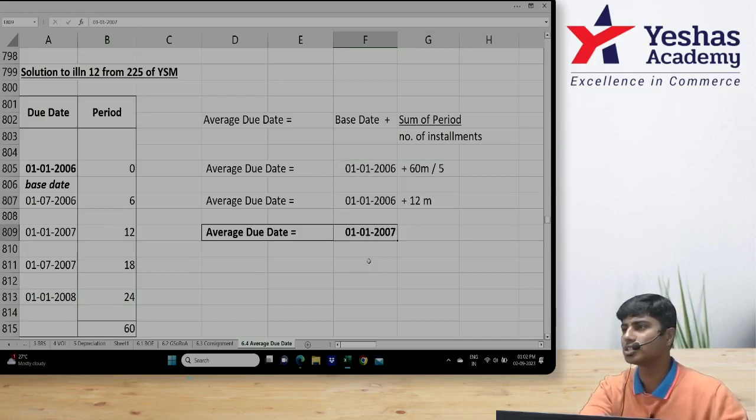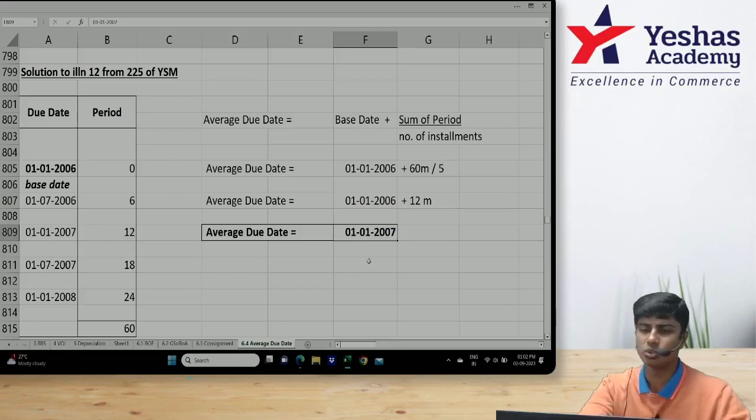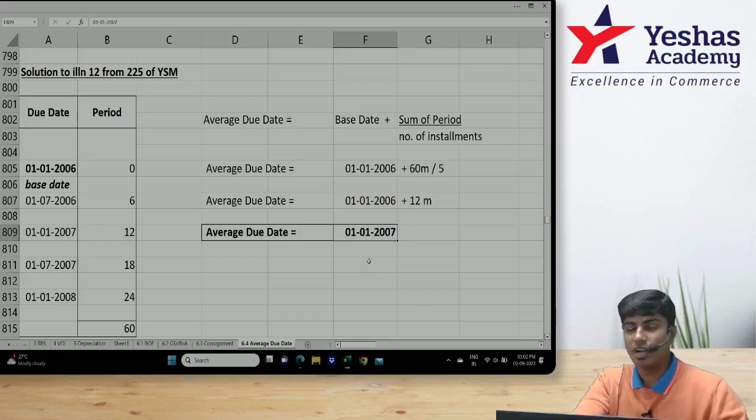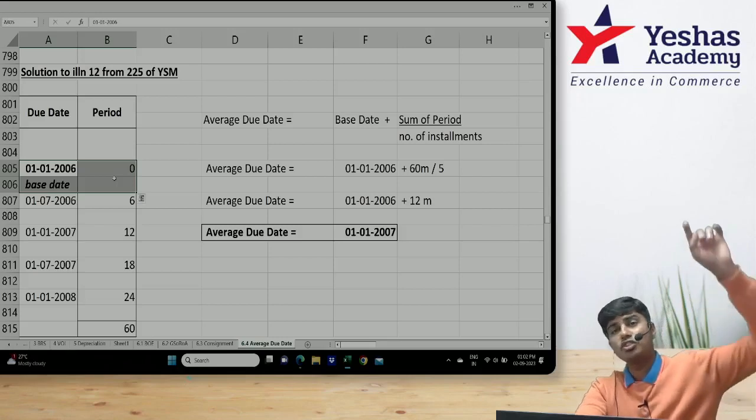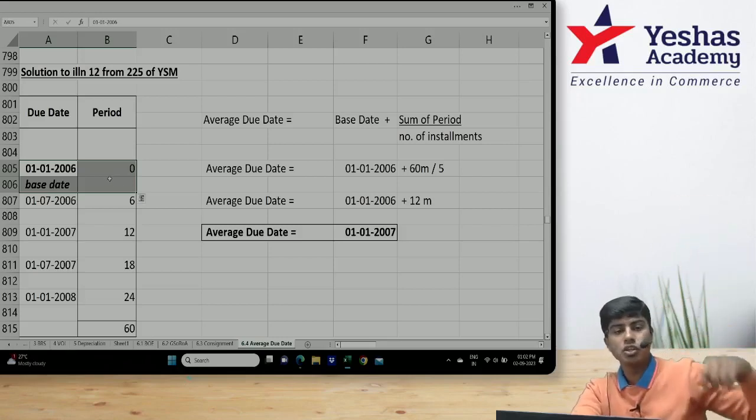12 months means 1 year. This is how we did it. But ICA doesn't do this. They won't take 1st of January 2006 as the base date. They take 1st of January 2005 as the base date. So this will become